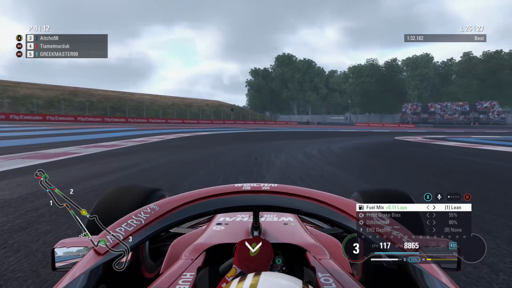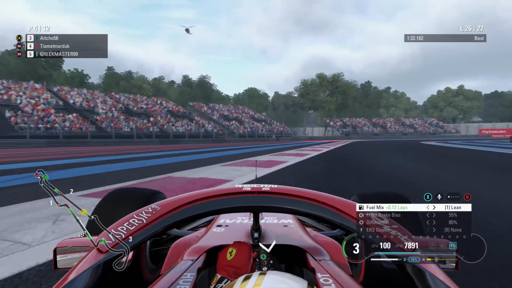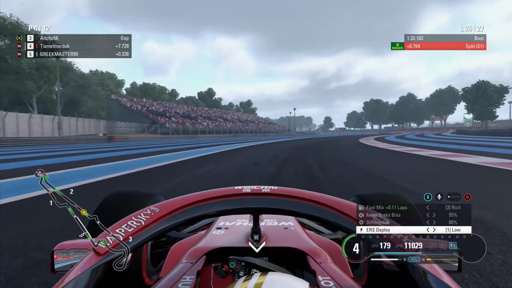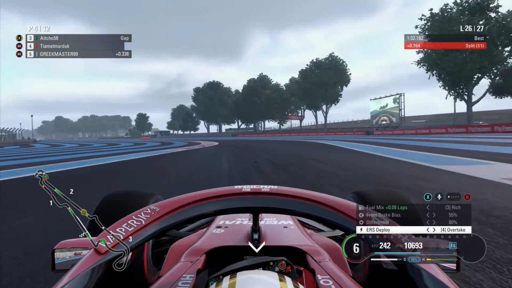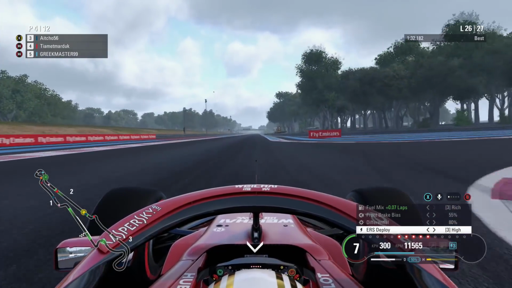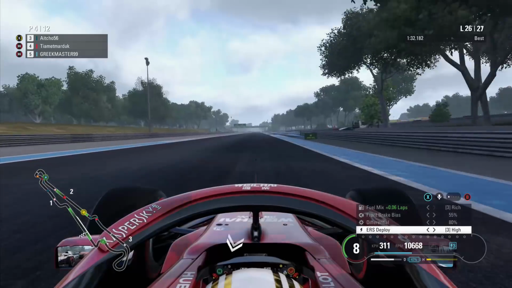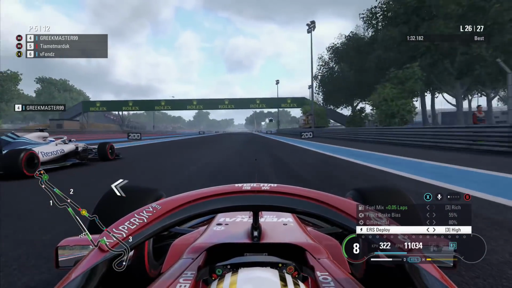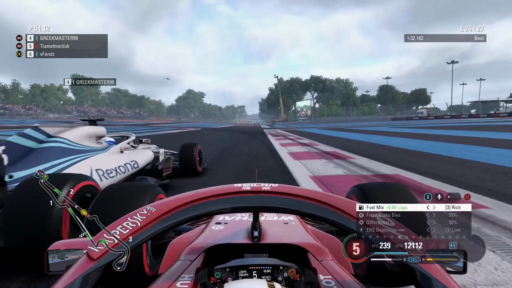We've got 6 seconds worth of penalties against our name at the moment. Greek Master, from what I know, doesn't have any penalties. So it's looking likely that Greek Master is going to finish in front of us in this Grand Prix no matter what, but we're going to put up the fight nonetheless and see if we can take the fight to Greek Master here. We're going to squeeze him just a little bit just to keep things interesting, and through